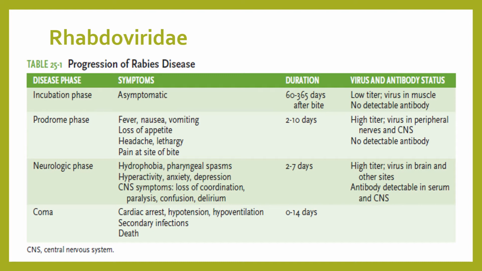After the prodrome comes the neurologic phase. Here the patient will exhibit hydrophobia, pharyngeal spasms, hyperactivity, anxiety, depression, loss of coordination, paralysis, confusion, and even delirium. It lasts for 2 to 7 days. The virus still has a high titer in the brain and other sites, and the neurologic phase is the only phase in which you can detect antibodies in the serum and in the CNS. The last stage is coma, which can involve cardiac arrest,